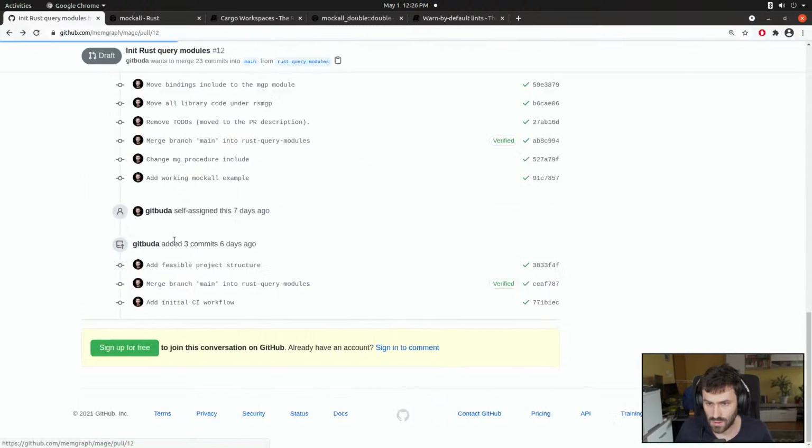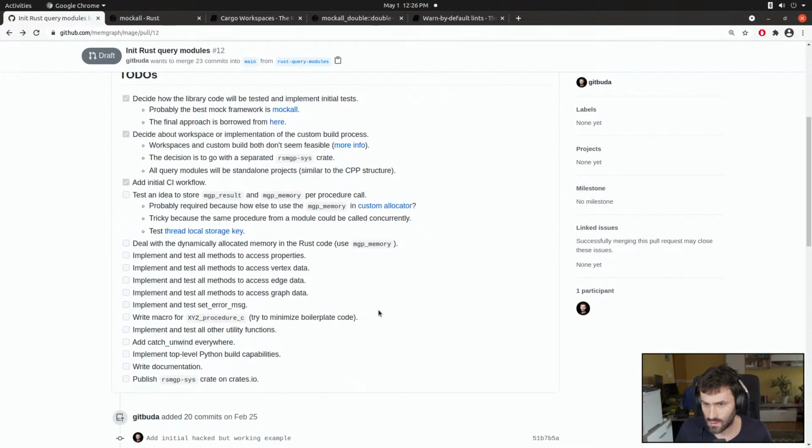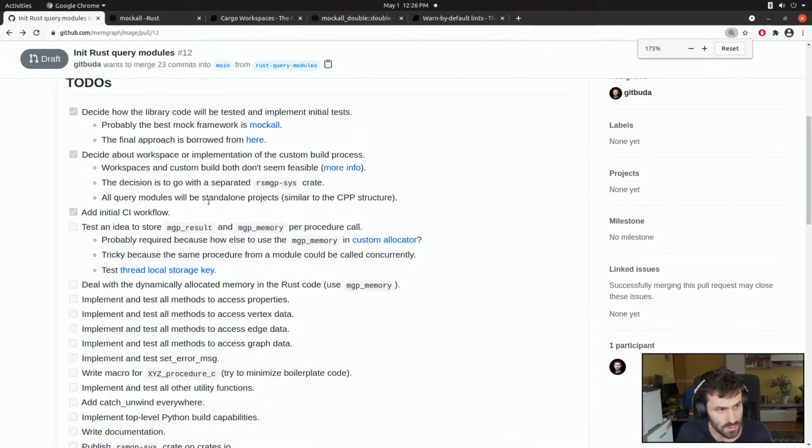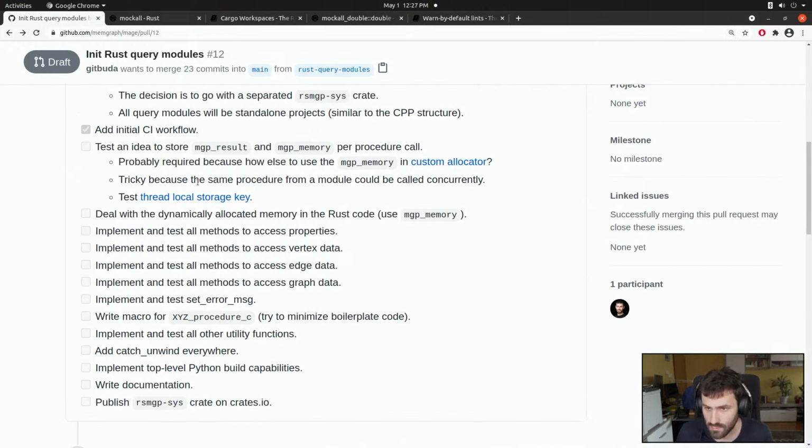Let me just say a couple of words about the plans. So regarding the plan for the next stream, there is plenty of stuff to work on. So I've listed all to-dos here, and basically I think I have all the right building blocks for doing the actual code and implementing all the methods and providing all the Rust calls required. The only thing that I'm not sure about at this point, maybe I can zoom in a bit. Yeah, the only thing I'm not sure about is the